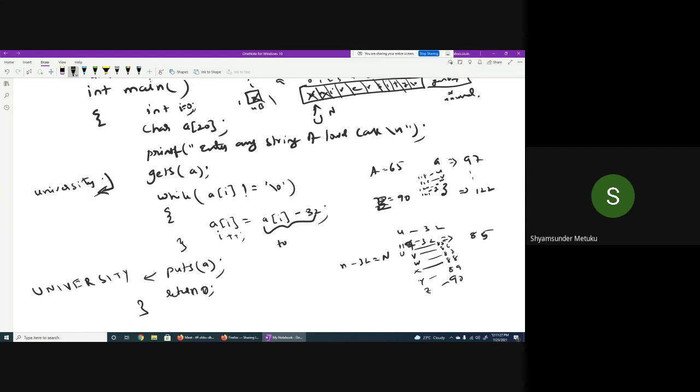It will be replaced by it. Yes or no? Yes, sir. That's it. Instead of 32 or something like that, if somebody doesn't know it, they can simply make use of the predefined functions toUpper and toLower. Is it clear to all of you? Respond.